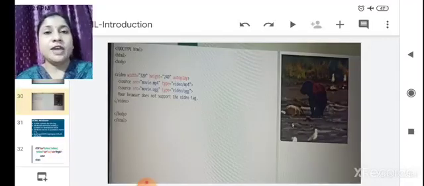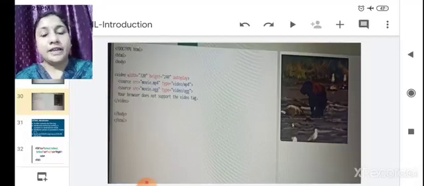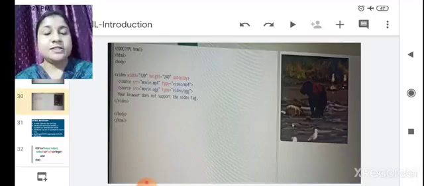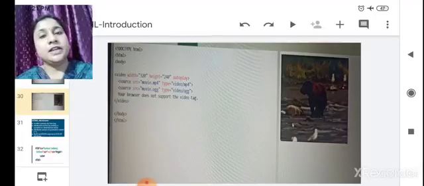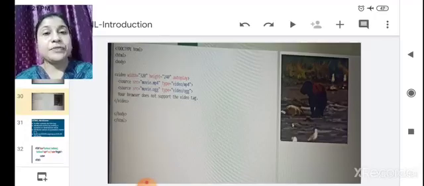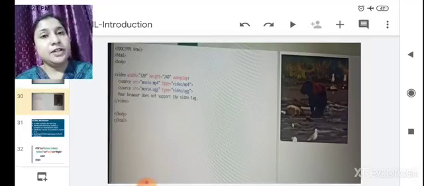In today's class we have learned about semantic tags. Semantic tags are like doctype, which is declared at the beginning of our page, that is, document type HTML. Then we saw navigation. For what purpose is navigation used? To link to other pages in our site.